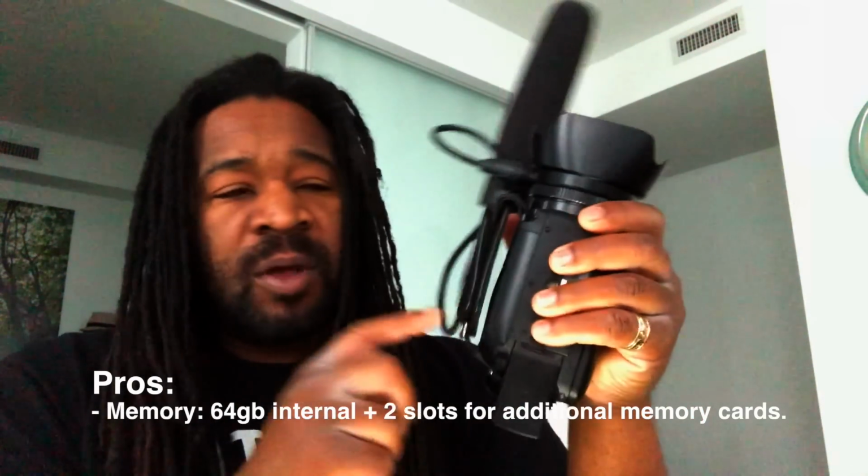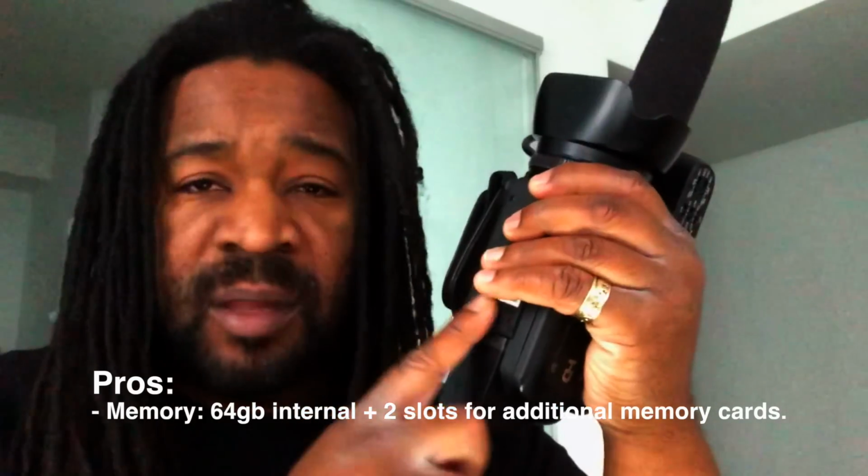Another pro is the memory on board. It has a 64 gigabyte internal hard drive. Plus, it also has 2 slots that you can put 2 additional cards in. So that could be any size, 2 32s, 2 64s. So you could really max out the memory of this. The other pro is the battery. Now, this is a battery that I bought separately. With this battery and this amount of memory, I could sit there and let this camera just film for hours